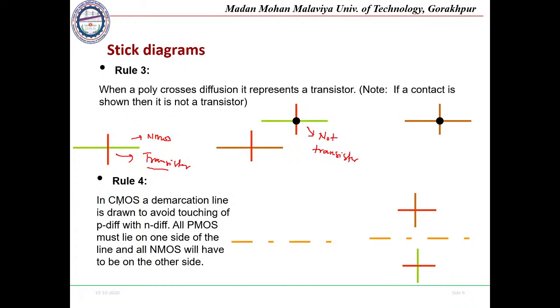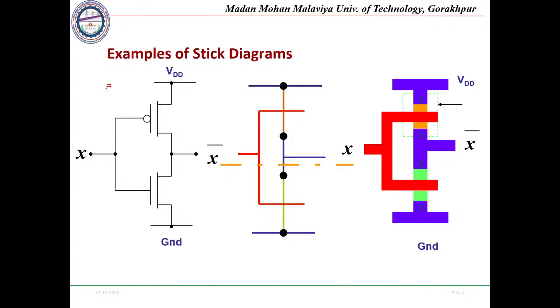Similarly, rule number 4: in CMOS, a demarcation line is drawn to avoid touching of P diffusion and N diffusion. If there is a P diffusion and an N diffusion, these regions will use a demarcation line to separate the two. If these two are being separated, we should use a dotted line, and we will be